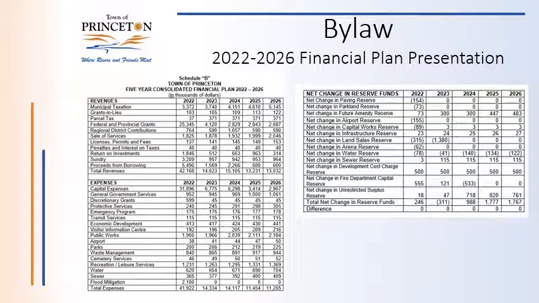Schedule B is our kind of meat and potatoes of our financial plan, what we call our consolidated budget. The numbers in 2022 are significantly higher than in previous years or in future years. Most of that is planned flood mitigation. You'll notice our capital plan for 2022 is almost $32 million, whereas in most years it varies between 3 to 6.